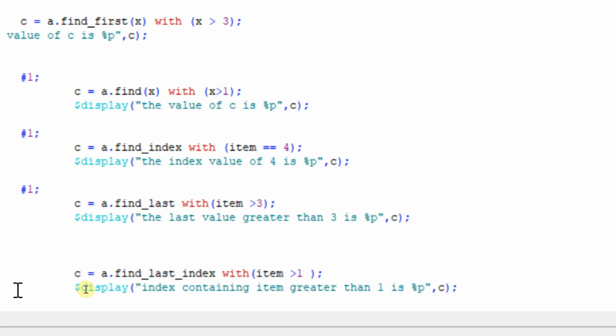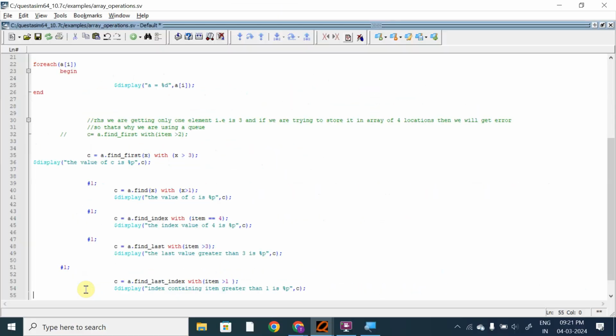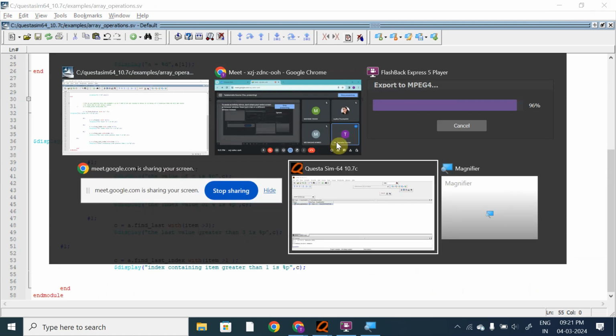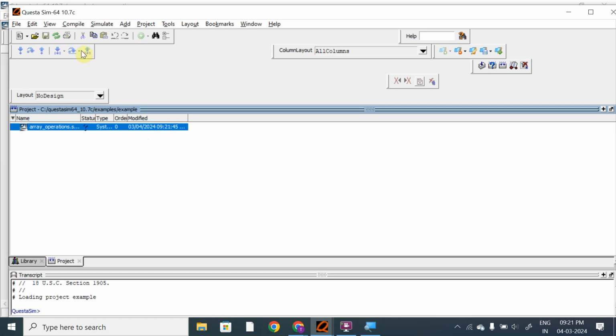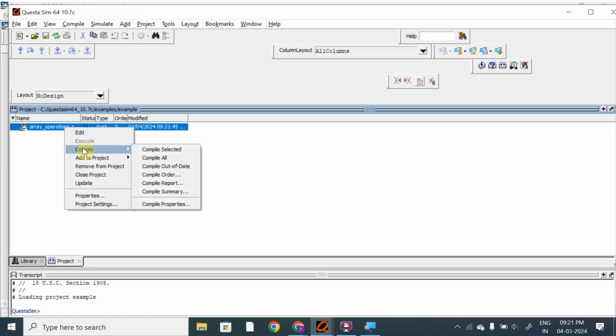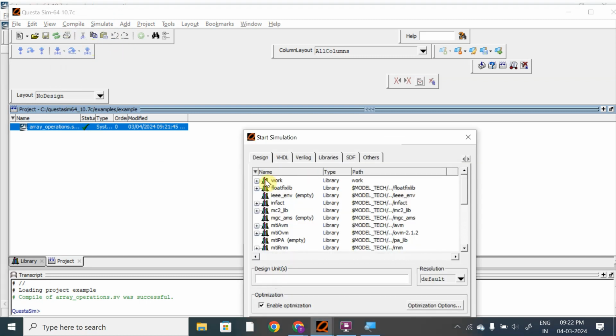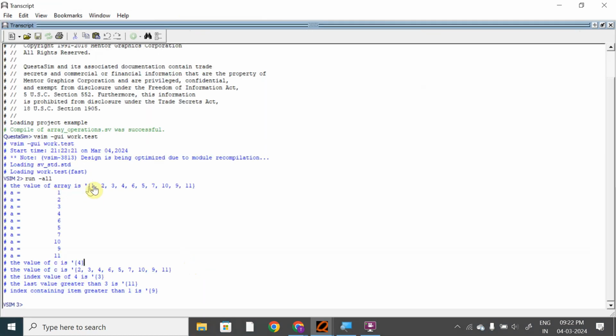So these are some of the built-in functions for searching elements in arrays. So let us run this and check the output. Let me compare it. Let me simulate it. So this is my array: 1 2 3 4 6 5 7 10 9 11,